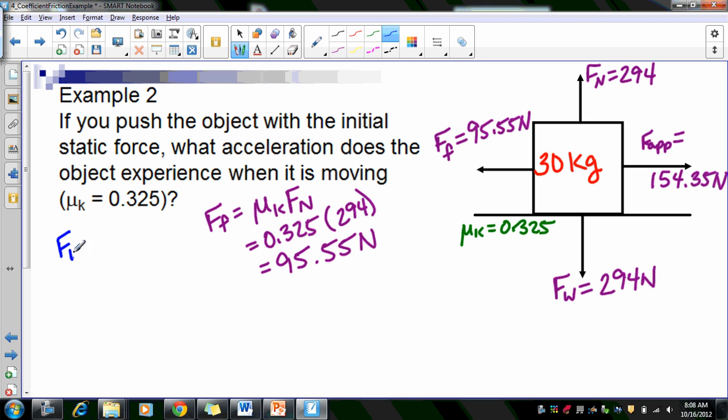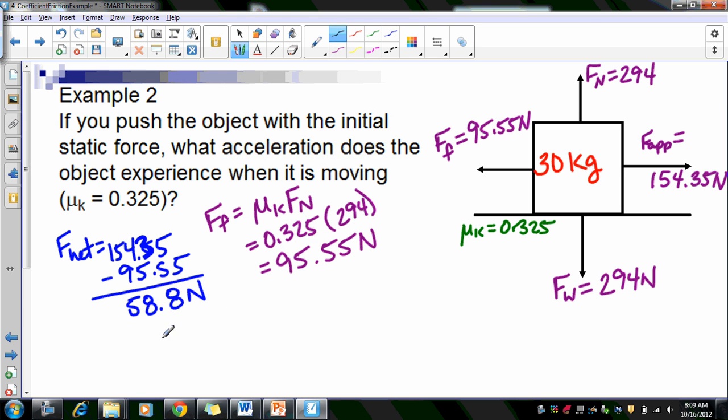So F net is equal to 154.35 minus 95.55, and so we get a net force of 58.8 newtons. So not zero, right? So net force is this, and then we use our net force equation